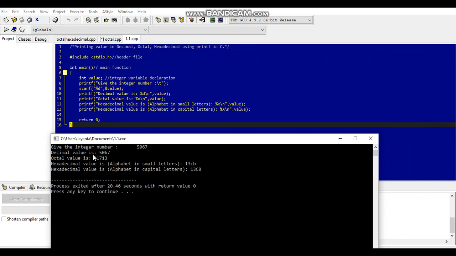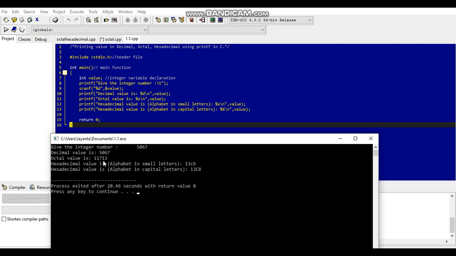The decimal value is 5067. The octal value of that number is 11713. The hexadecimal value in small letters is 13cb, and the hexadecimal value in capital letters is 13CB, that is capital 13, capital C, capital B. And that's the output.